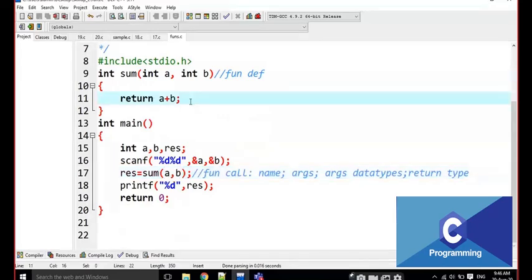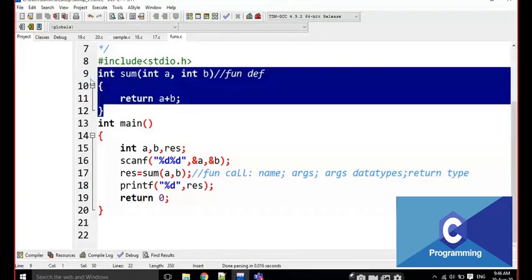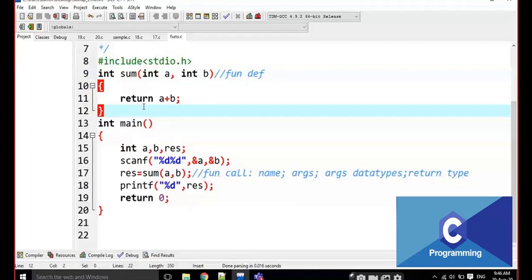Sir, in the upper part we are defining only the function. Yes. And in the remaining part, the process will be the same as in any program we are doing. This is the function definition, the development. What we have to develop in the function, we have to write the concept, the logic only.